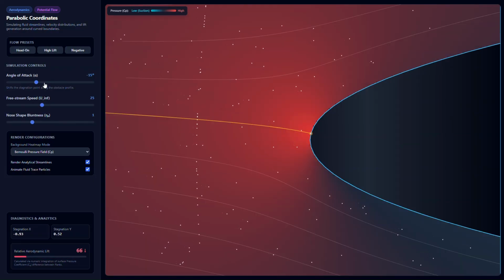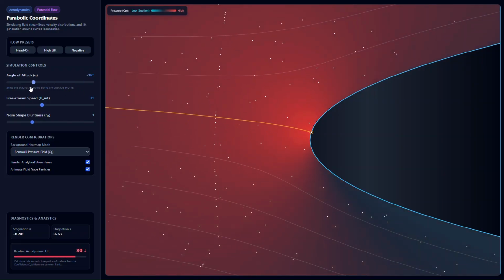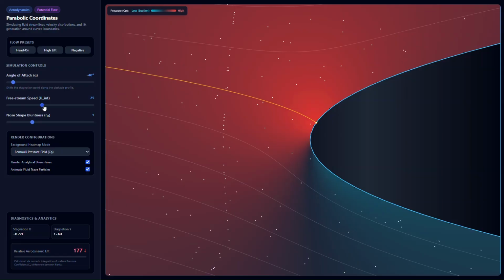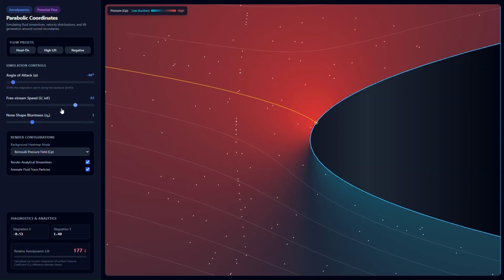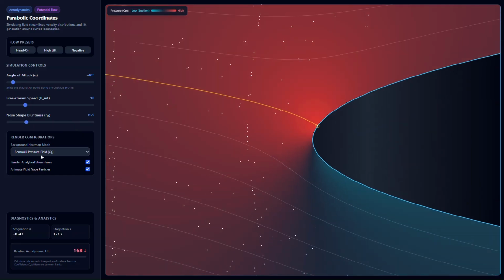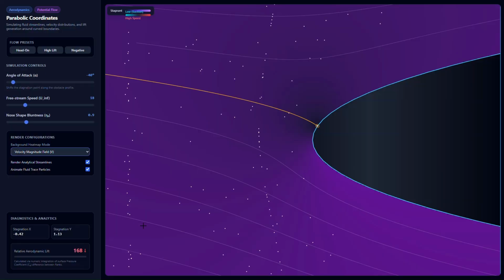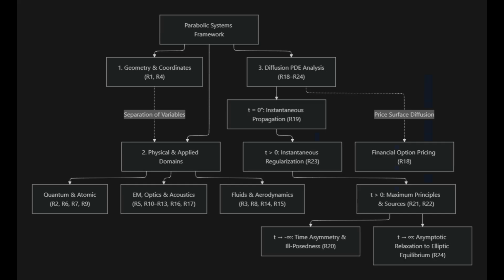To translate these fluid velocity fields into visible physical forces and live graphics, the simulator relies on a fast, multi-threaded rendering and numerical pipeline. It evaluates local fluid speeds across a grid of spatial blocks, translating them into localized pressure metrics via Bernoulli's equation to generate real-time color-coded heat maps and drive an explicit Euler advection loop for dynamic tracer